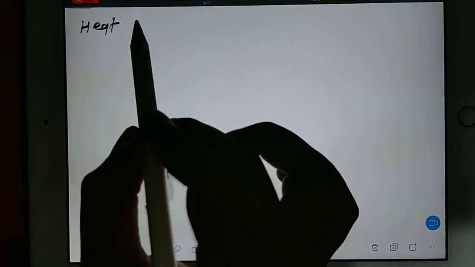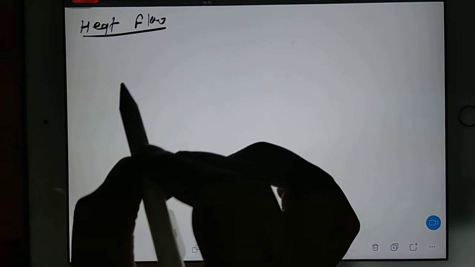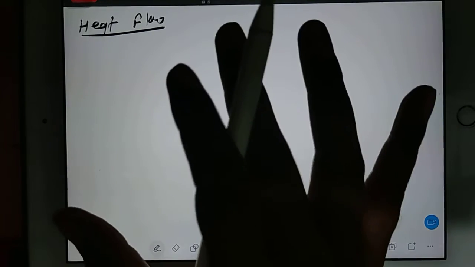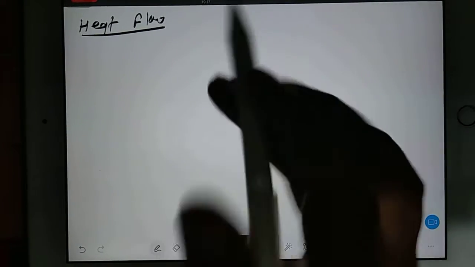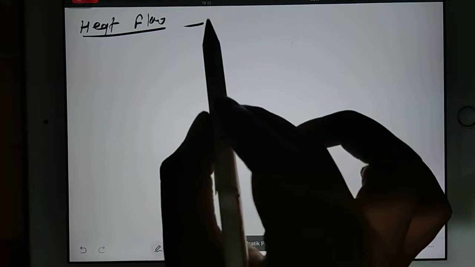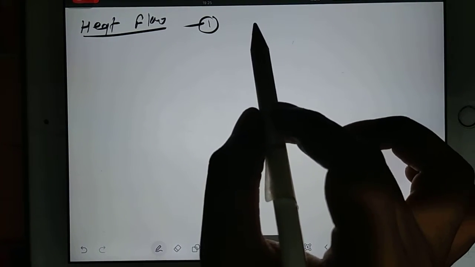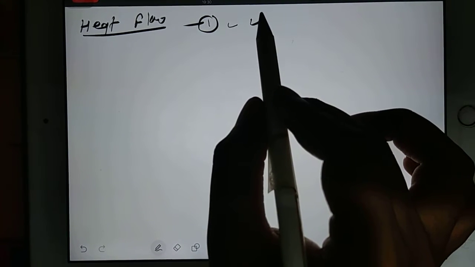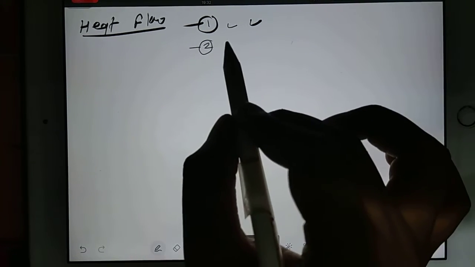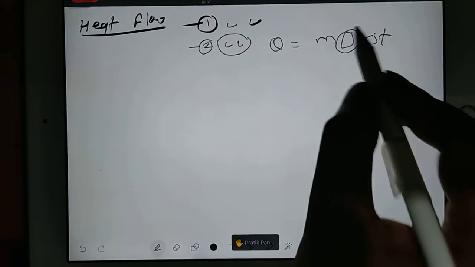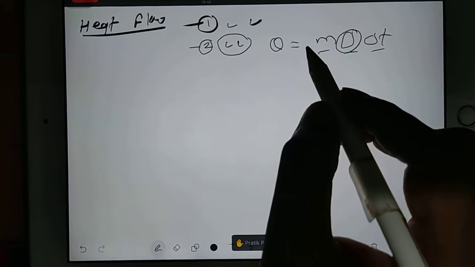Now you see, take the new application called heat flow. Whenever there is heat flow, same thing: you have to consider one equation that describes how the heat flow is going. In case of heat flow, you just listen. First thing, whenever heat is flowing, it will always flow from high temperature to low temperature. And we also know that whenever heat flows, there is a formula Q equal to mc delta T. I explained all these things in thermodynamics very well, right?